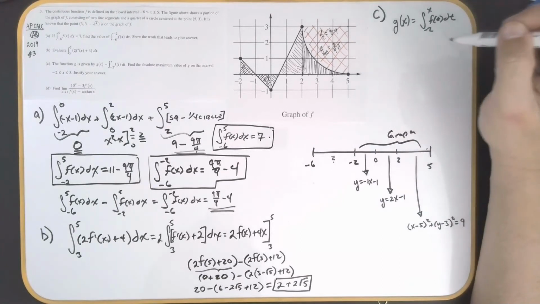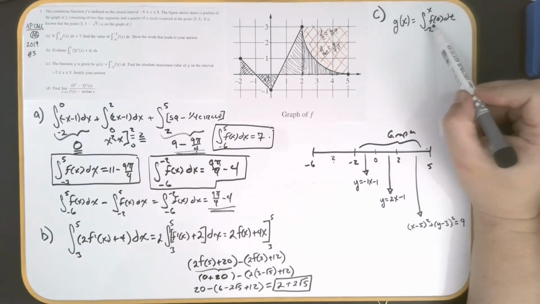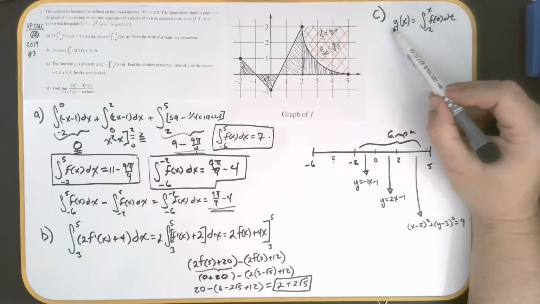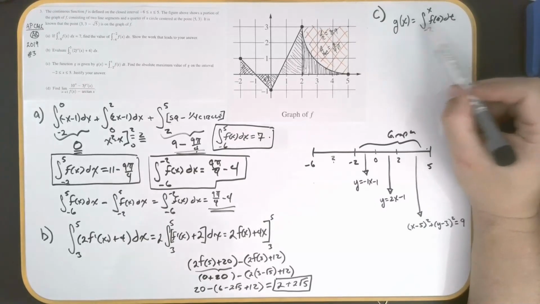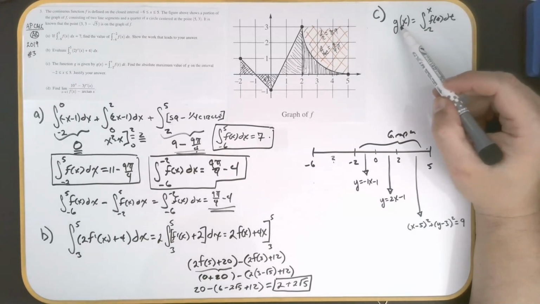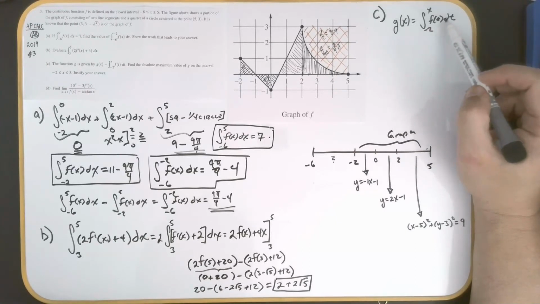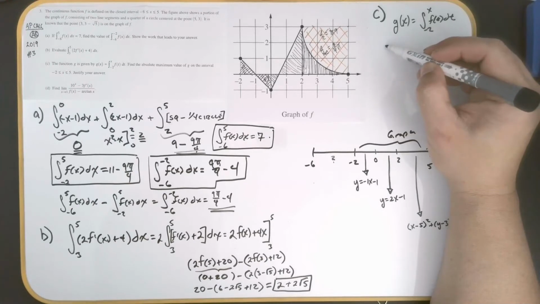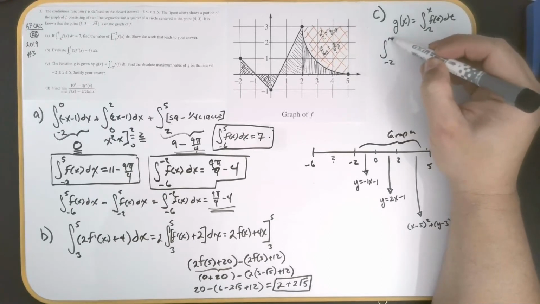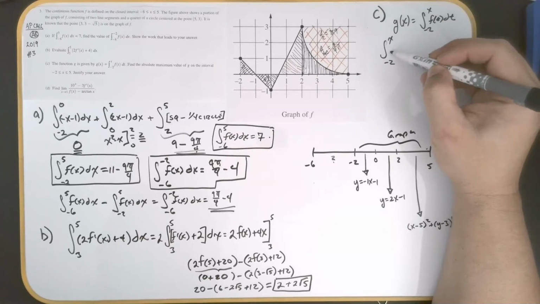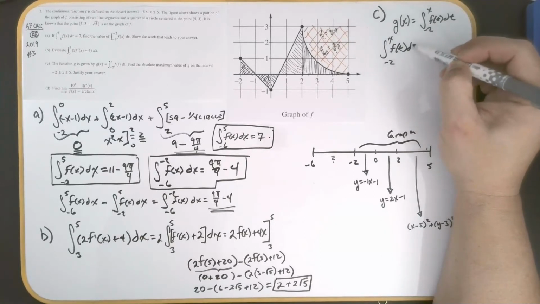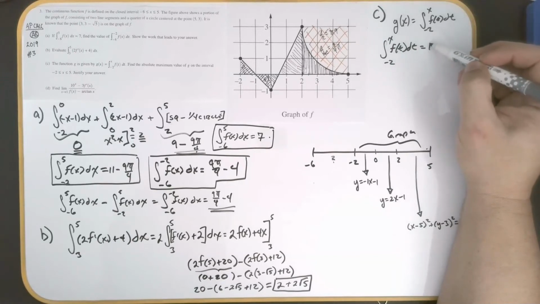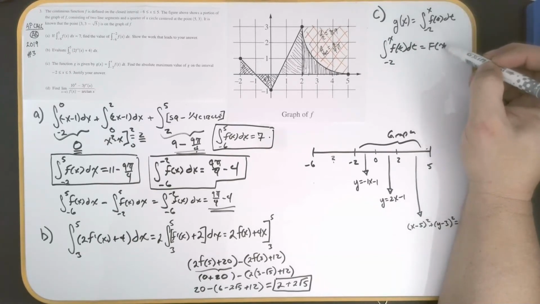Basically what they're saying here is that the integral of f is equal to g. So that means the derivative of g is equal to f. Remember, when we integrate this, the integral of f is going to be capital F, if you want to think of it that way. So I'm going to rewrite this over here. If I were to say the integral from negative 2 to x of f of t dt, and I were to integrate that, I would get capital F of x